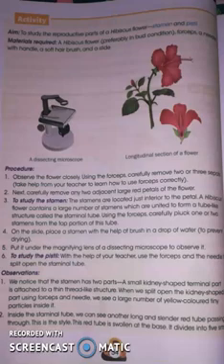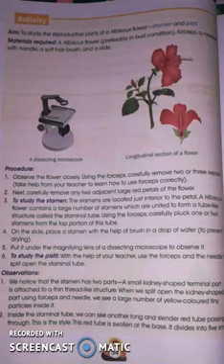In the last lecture, we have studied the different parts of the flower. We have studied that a flower generally consists of four parts: calyx, corolla, androecium, and gynoecium. So, in today's lecture, we are going to start with the activity. The parts which we have studied, we need to see in reality, how they look like in reality. So here is one activity.